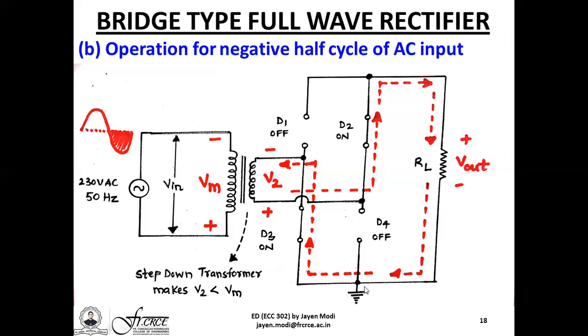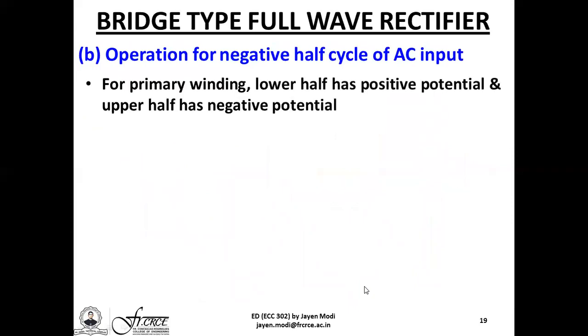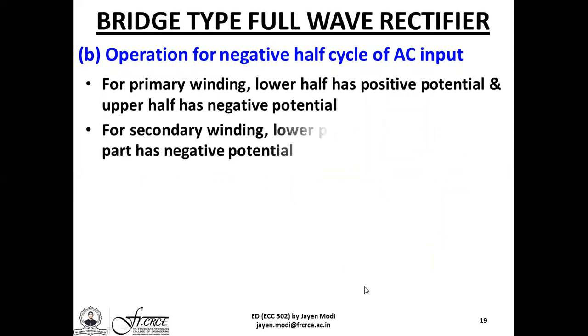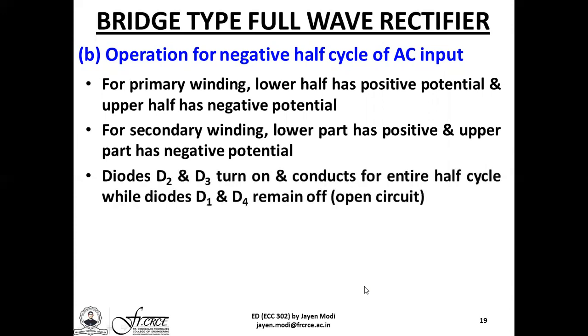level potential. So looking at the operation, for the primary winding, the lower half has positive potential while the upper half has a negative potential. For the secondary winding, the lower part has a positive potential whereas the upper half has a negative potential. Diodes D2 and D3 are forward biased, they turn on and they conduct for the entire half cycle from pi to 2 pi, whereas diodes D1 and D4 remain off, that is open circuit, from the interval pi to 2